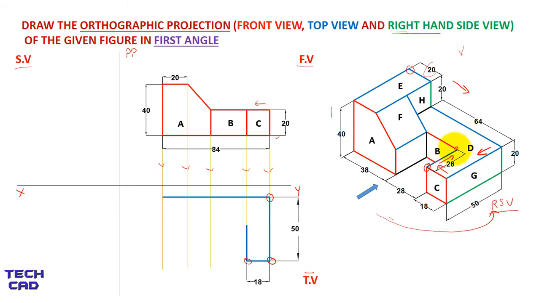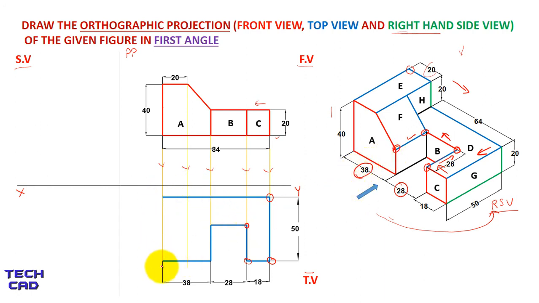Now I am here. Now from here towards the left side. In the same way, I'm going towards the left side 28 mm because I know that this is 28 mm. After that, from the top view, I can see this line. So from here to here, I make a 28 mm line downside in this way. I'm here. Now from the top view, we can see this complete line as one line. So I make a line over here, which is 38 mm of this dimension.